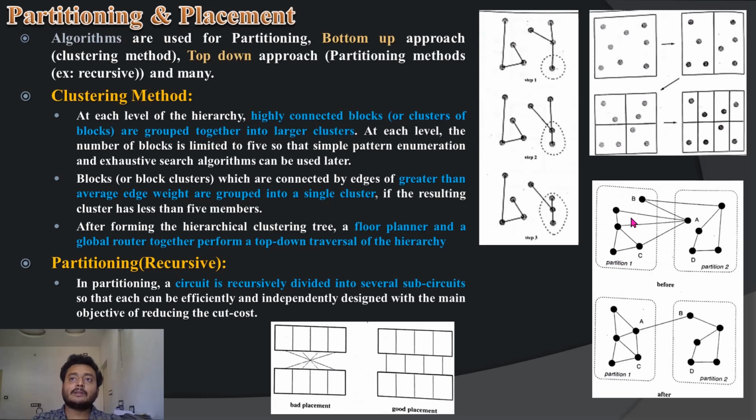For that, what I can do is shift your B to this particular partition and shift your A to this particular partition. Instead of what we have now, 1, 2, 3, 4, 5, right, 5 connections are available. But when you exchange this A here and B on this side, you will end up with only one connection from partition 1 to partition 2. And this type of thing happens after iterations of the algorithm. Okay, it's not going to happen just like that.